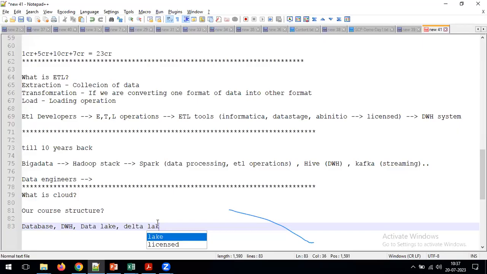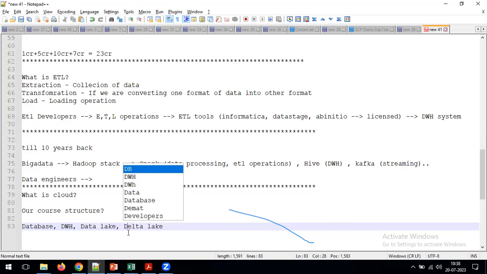If you work in real time as a data engineer, you are going to use the terms data warehouse, data lake, and delta lake. These are the different terminologies used in real time. When I discuss that topic in the next 15 or 20 minutes, I will cover the differences between database, data warehouse, data lake, and delta lake. Please give some time. Okay, sir.